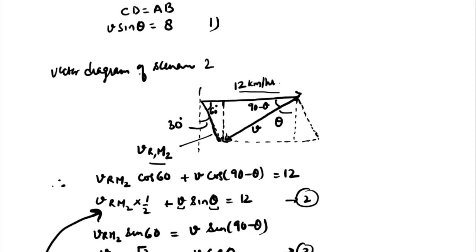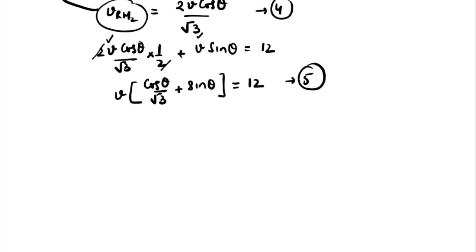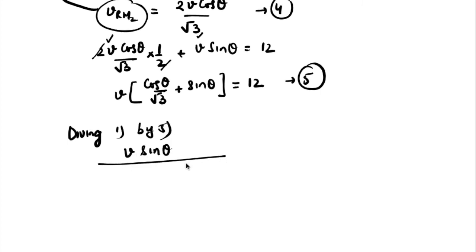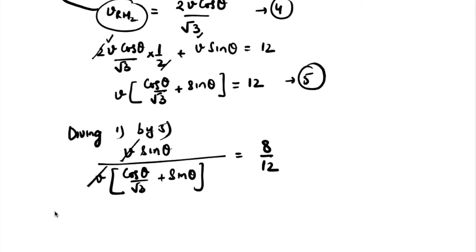Let's divide this first equation by the second equation. So what does that give us? Dividing 1 by 5, we get V sin theta over V cos theta over root 3 plus sin theta is equal to 8 over 12. Now these get cancelled, and now dividing both